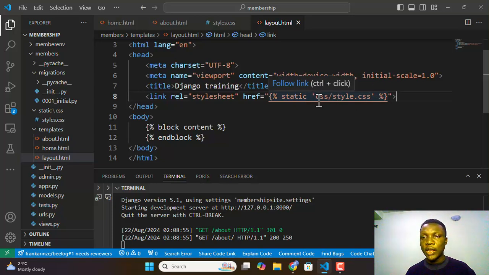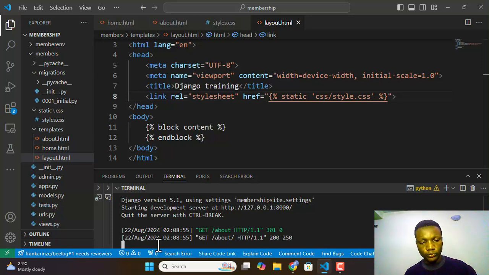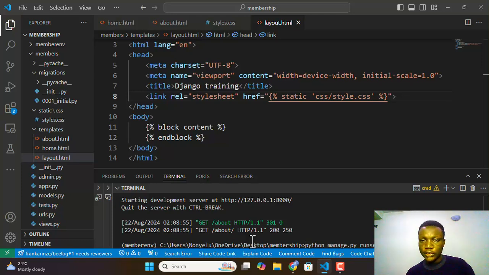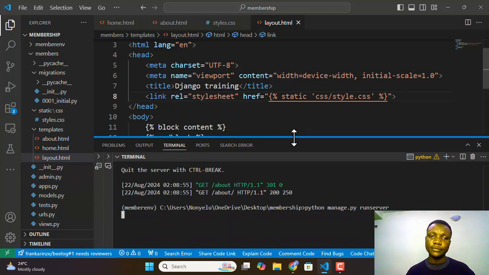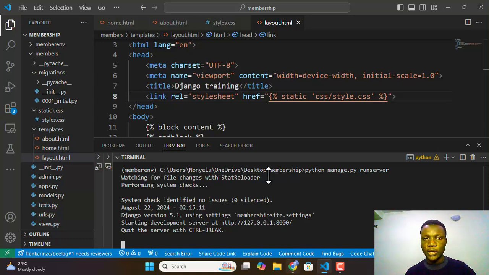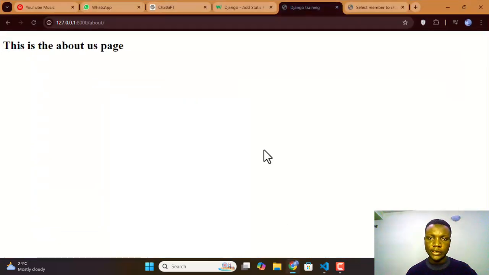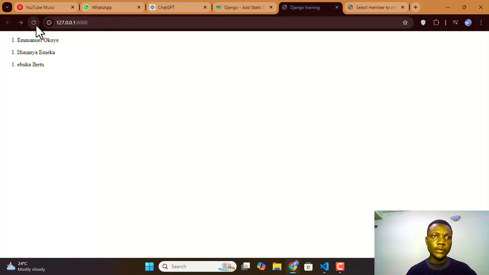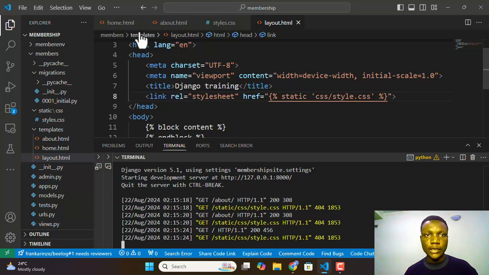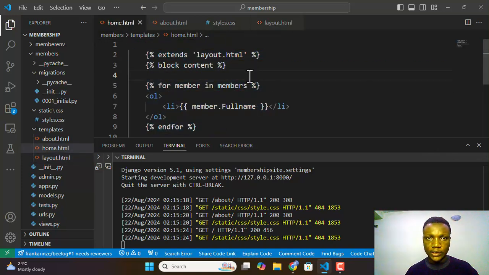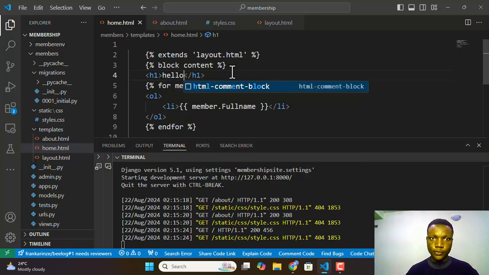I will need to reload my server. Ctrl C to close the server, and then python manage.py runserver again to run the server back. Now the server is up and running. Let's see what we have. Let's make sure we have H1, since we are styling that H1. So let's have H1, Hello. And if I save it and my server will run,